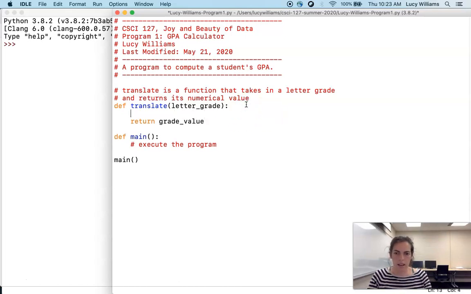And just to get a program running, I'm just going to say every time grade value for now is 4.0. So good job. Whatever letter grade you got, it's worth 4.0. And now I'm not going to be able to run this because I need at least one actual Python statement in my main function. So let's just translate